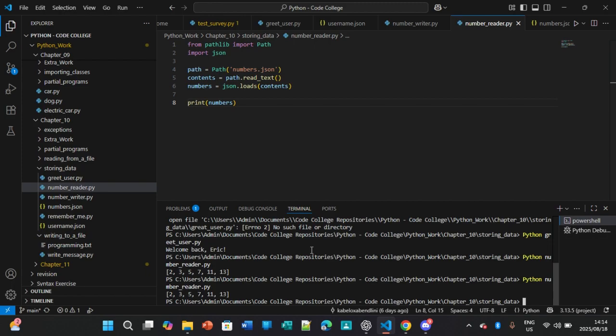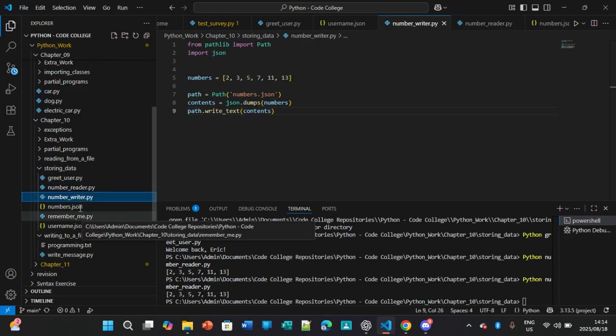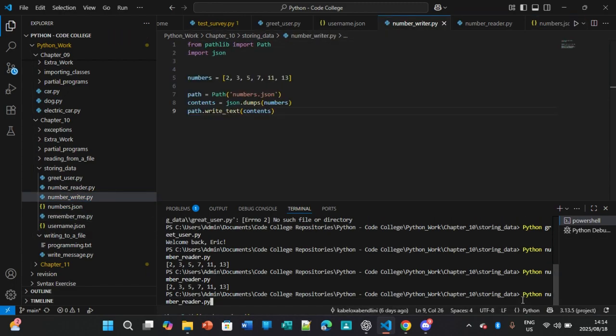The number writer, right? So obviously we don't have, so we have numbers, number writer. So same thing here, import JSON, right? So importing everything from here,